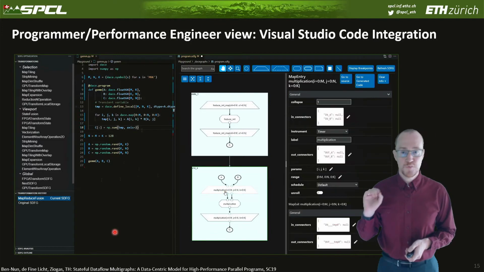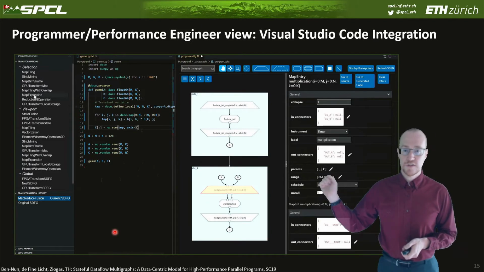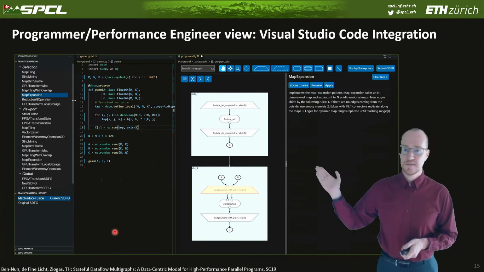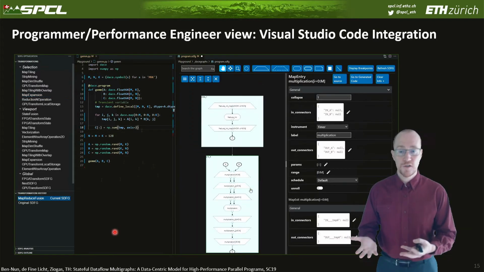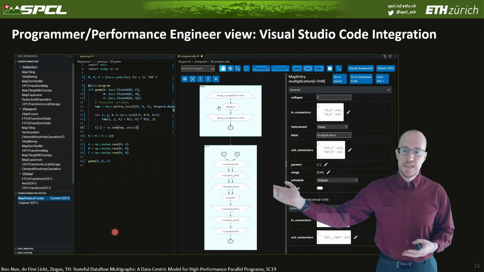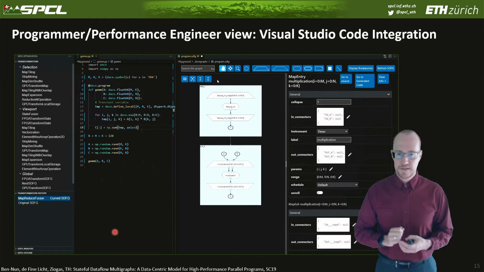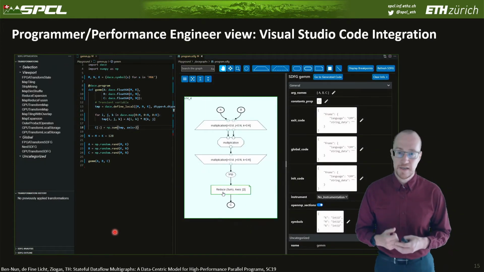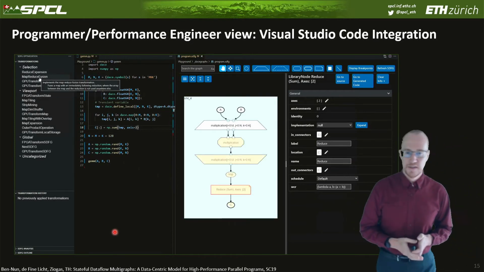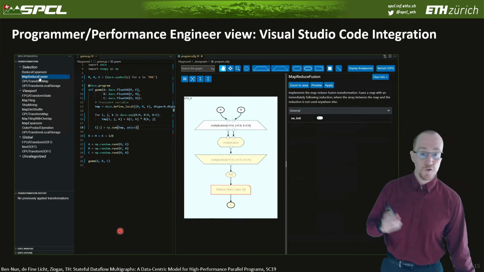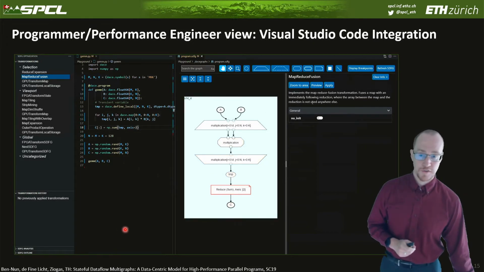Of course, they're not just predefined. You can actually write these transformations yourself. We have a library of transformations that we have written, but you can write arbitrary additional transformations. You can apply them, and you see immediately the impact it has on the graph, and you see immediately the data flow. Over here in this area, you see the properties of each of these nodes. I know this is relatively fast, but you can just try it at home.